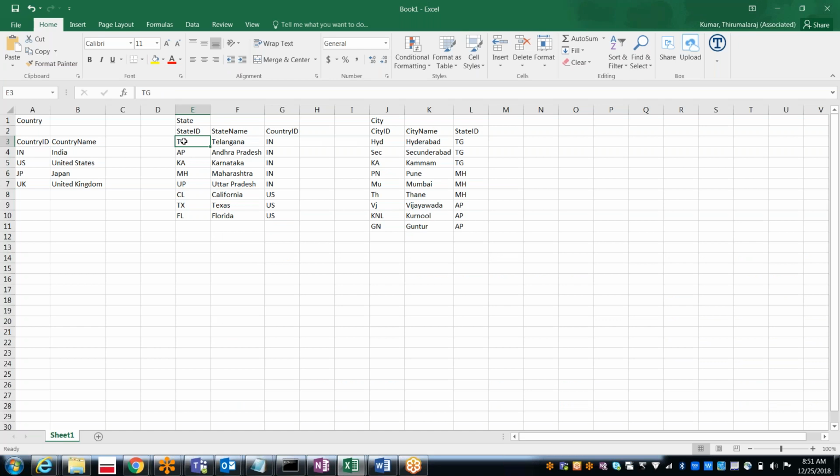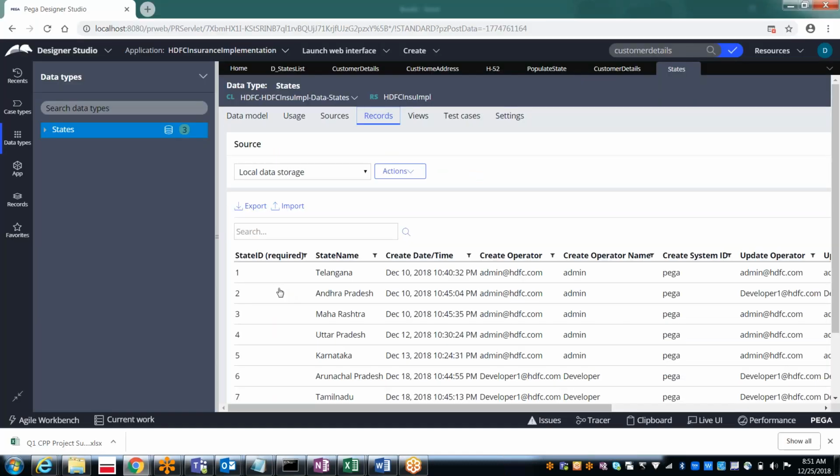No, exactly. 1, 2, 3 will not work out. Because if you give TG, then only with the TG we can get the cities of that particular state. But if you give 1 like this, how exactly will it work out? It will not work out.